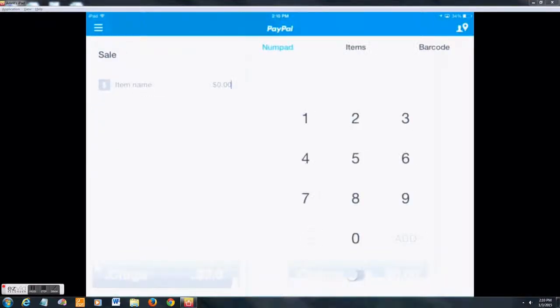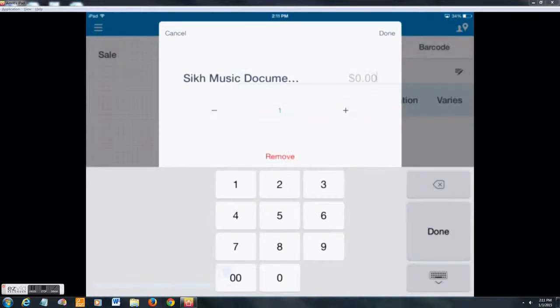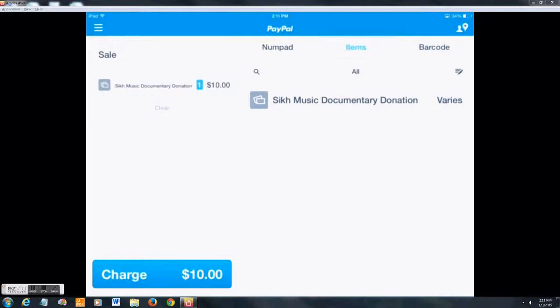And essentially this is the main home screen. This is really where you'll be entering and accepting payments. Click on the items tab in the center, select the Sick Music documentary donation product, and then enter the amount of the donation. Here I'm entering 10. Once the amount is entered, select charge in the bottom left,